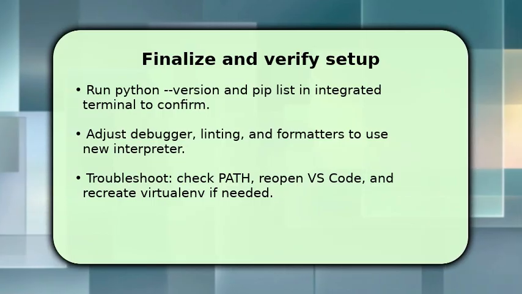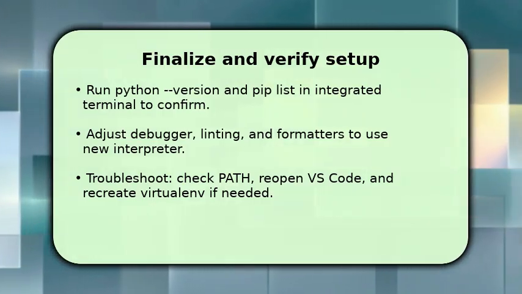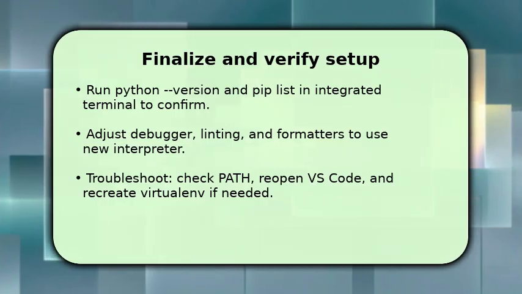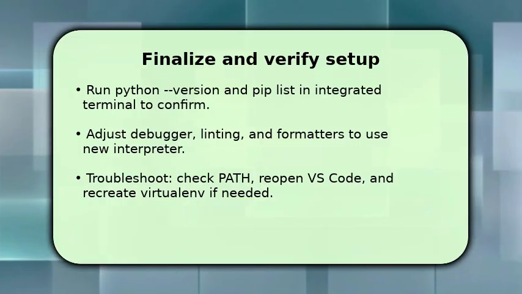If something goes wrong, a common fix is to ensure the Python path is on your PATH environment variable, fully restart VS Code, or recreate the virtual environment. These steps resolve most issues caused by